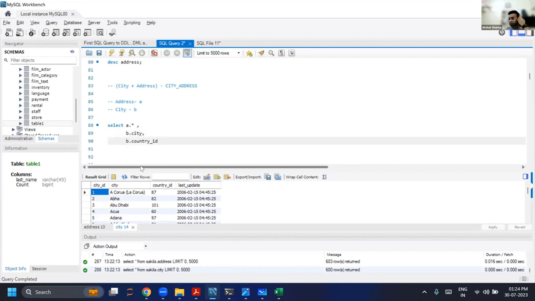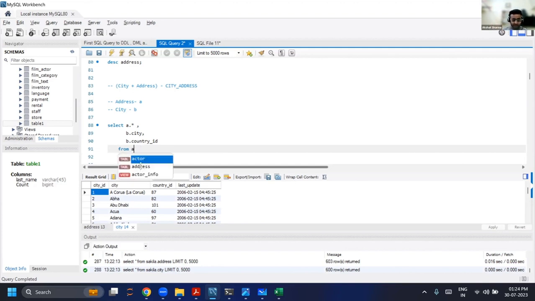Okay, that's what you want from the two tables. And where are you getting this from? City, and you wanted to refer to city as, oh sorry, address as A, which you have already mentioned. So